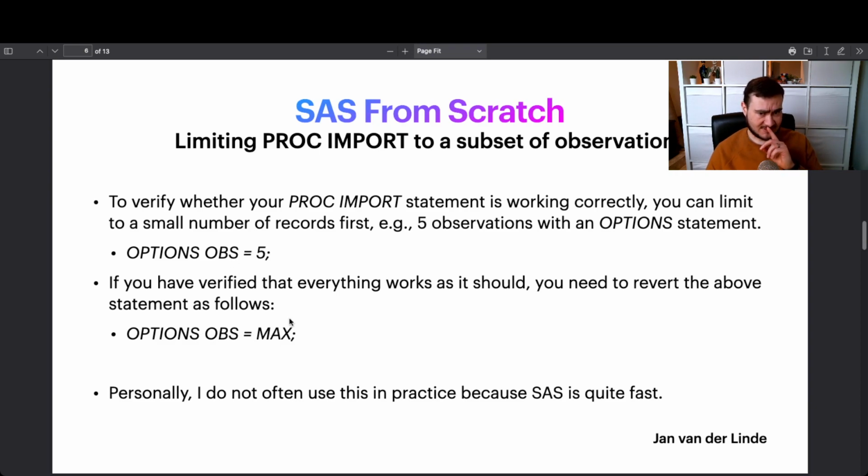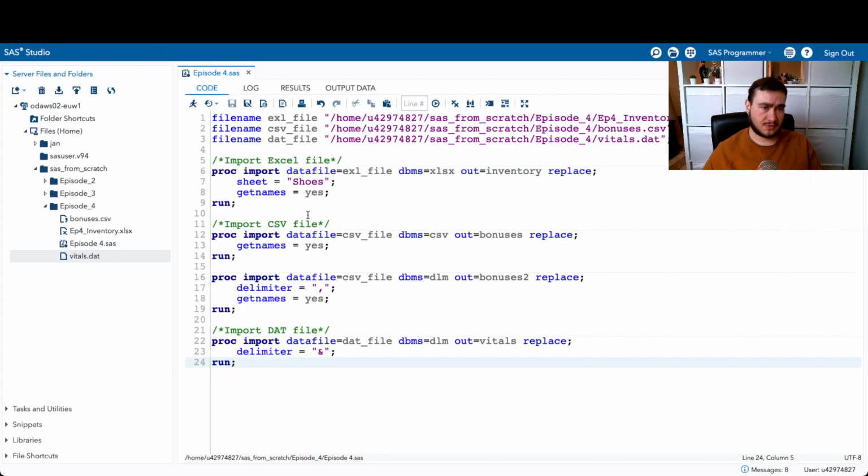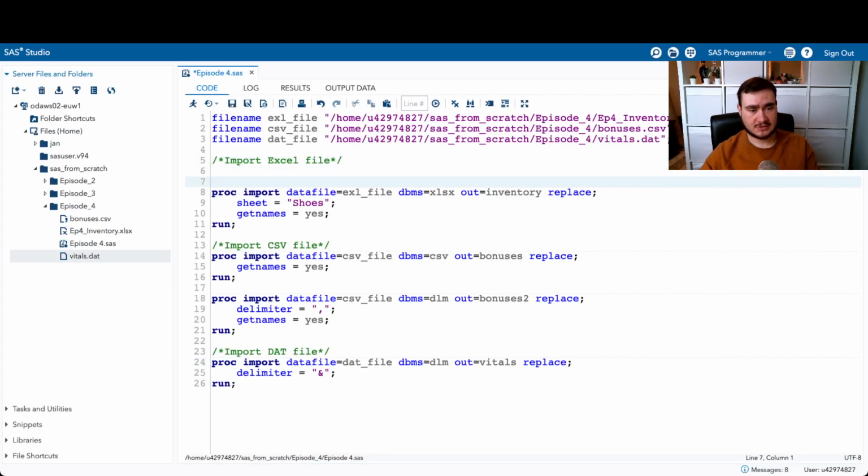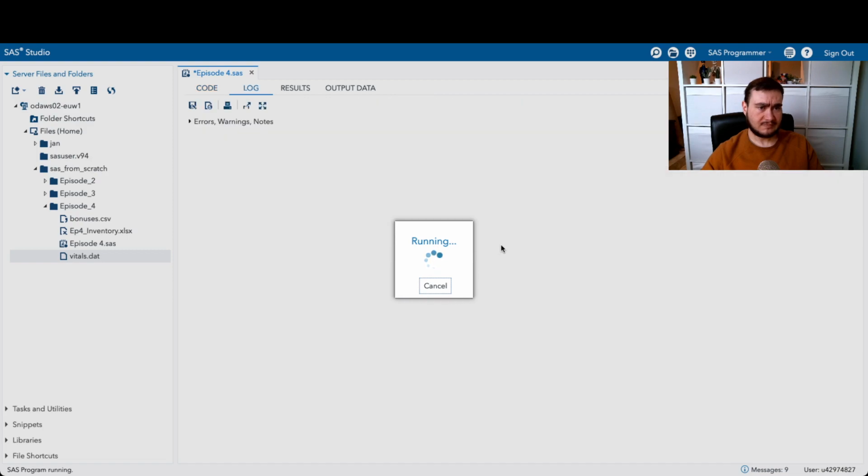Now, if I'm not mistaken, every time you submit a program, SAS will automatically revert to options obs equals max if a different one is not specified. But if not, if it keeps limiting your observations, you would just need to set it back to options obs equals max. Let's just test it out. So if we set options obs equals 5, recall that we had about 9 observations in here. So if we run this,